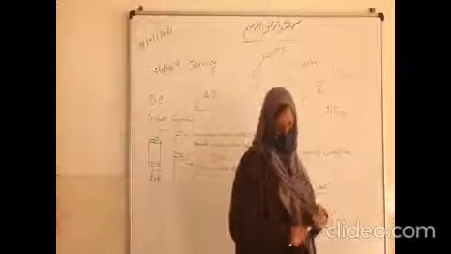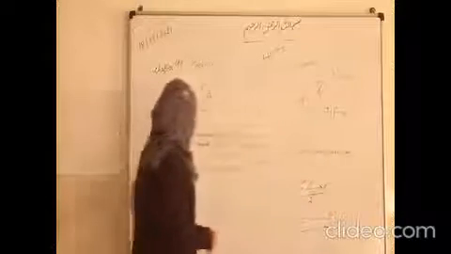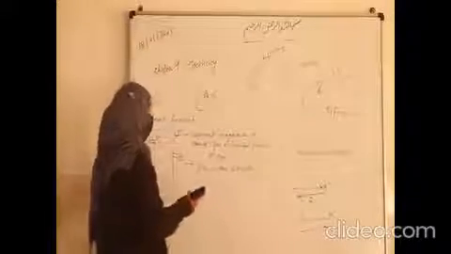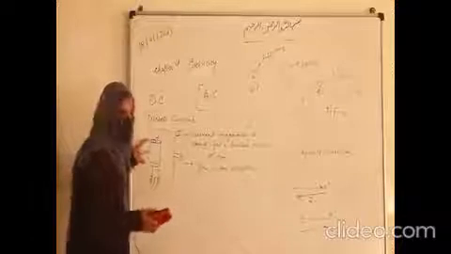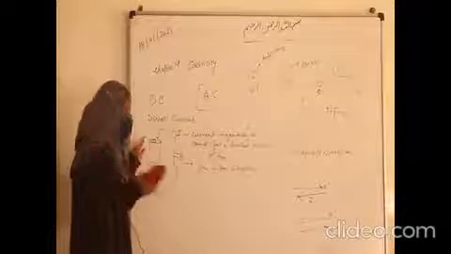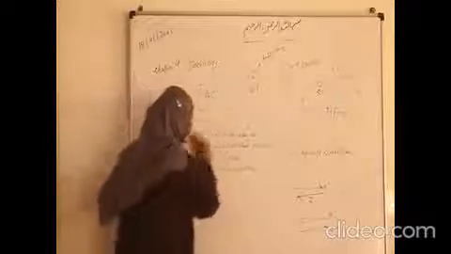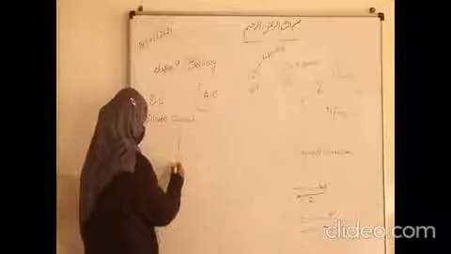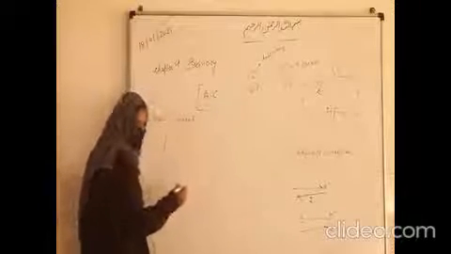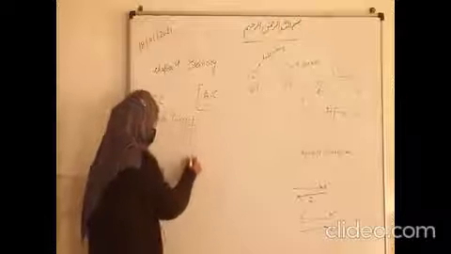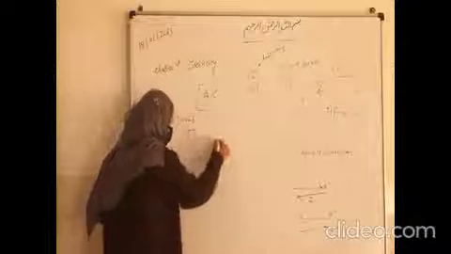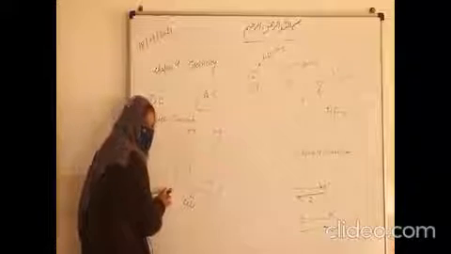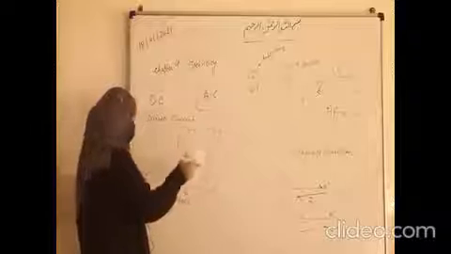Next we have some types of cells. There are two types: primary cells and secondary cells. But before discussing them, we are now using this type of cell. Earlier, what type of cell were we using? We were using the Leclanche cell. We have a vessel, and in this vessel we place two rods. Earlier we were using cells in this way. Now you are using them in this way.